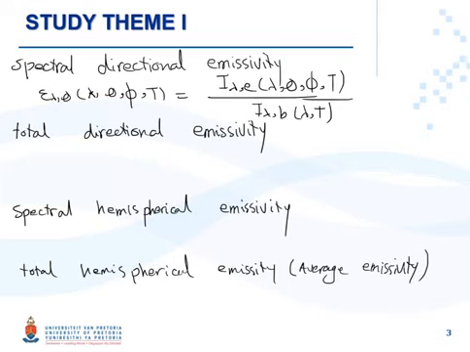So intensity of radiation at wavelength lambda in direction theta to the intensity of radiation emitted by a Blackbody. Epsilon theta, which is the total directional emissivity, is I e (theta, phi, T) divided by